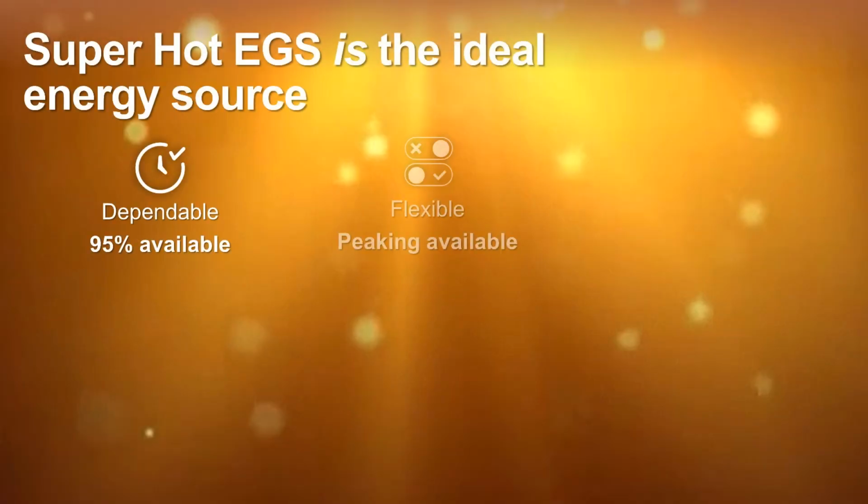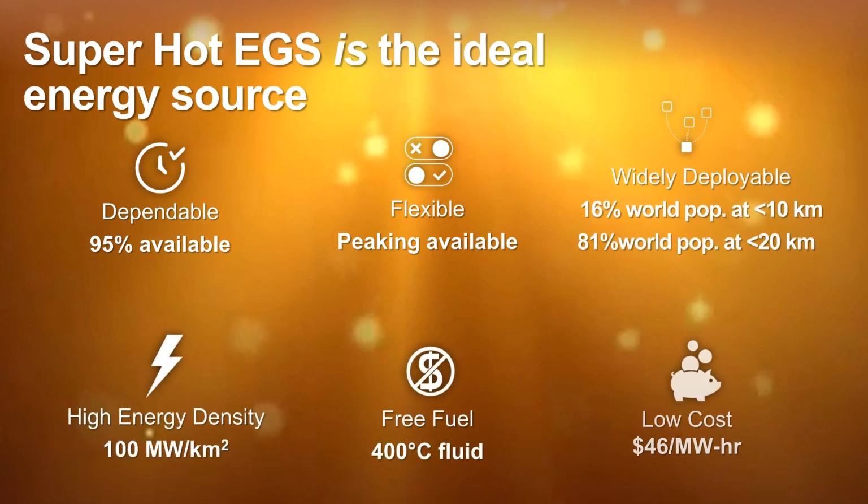So Superhot EGS is the ideal energy source. It solves a lot of these problems. It's dependable, flexible, widely deployable as long as we can go deeper, very high energy density, low environmental impact at the surface. The fuel is free, and it's low